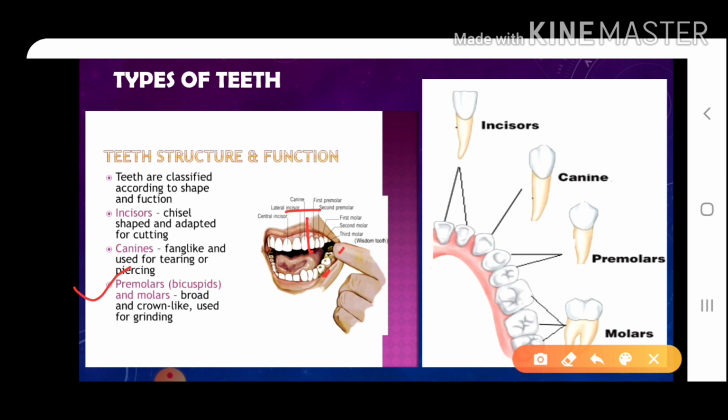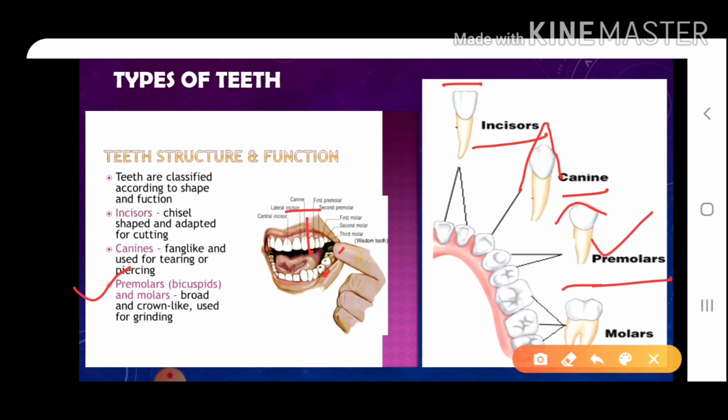What is the function of each one of them, and you should remember the names, and the diagram is also important. These are incisors. You can see they are chisel shaped. They are used for taking a bite on food. These are canines. These are tapering at the end. They are used for tearing and piercing of flesh. Then we have premolars, which are comparatively wider at the top in comparison to incisors and canines. And finally, we have molars, which are absolutely broad at the top.